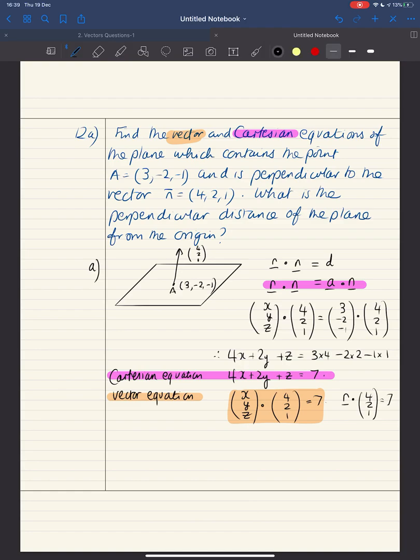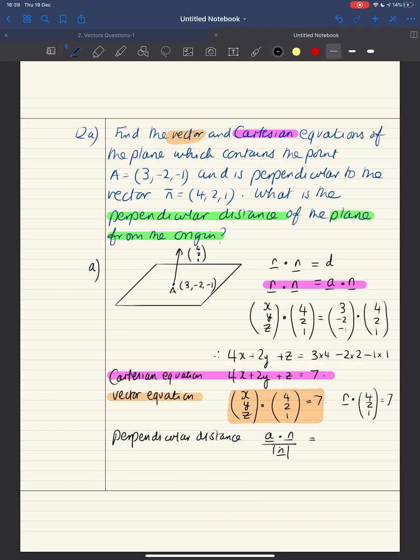And then the last bit that we need in here, the perpendicular distance of the plane from the origin. Okay. So this one, the perpendicular distance, to do that one, it's a dot n divided by the size of n. Okay,